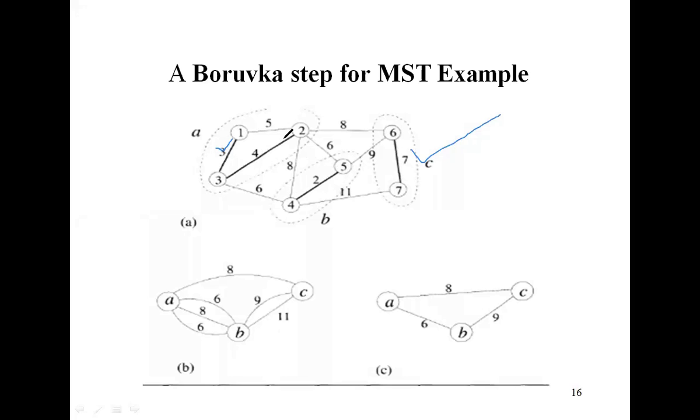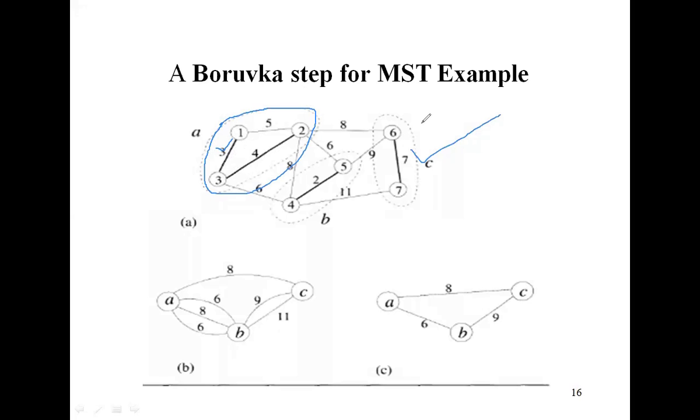So the connected components of the induced graph are found. In this example, the nodes 1, 2, and 3 form one component. Observe 1, 2, and 3. All these three together are one component, with thick lines: 1 to 3, one edge, 2 to 3, another edge.